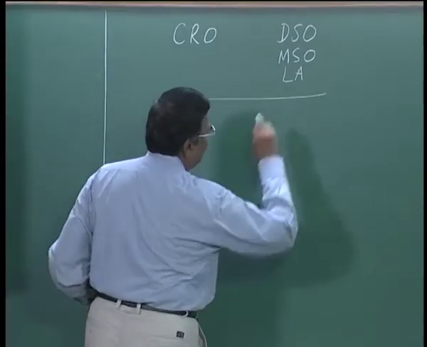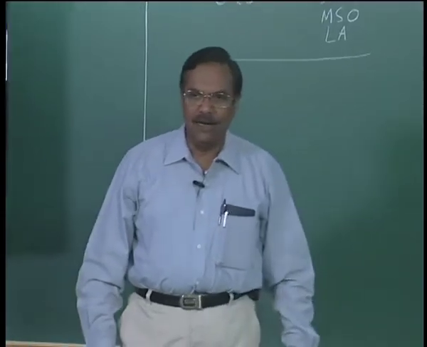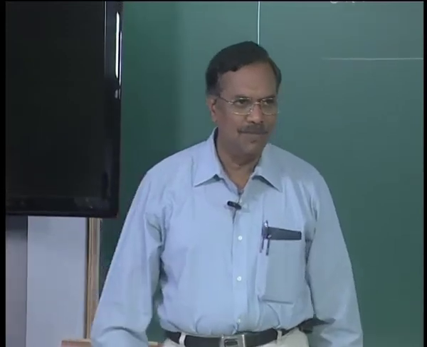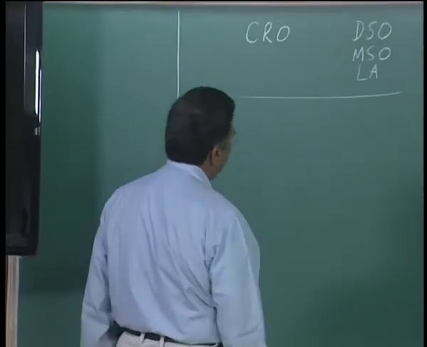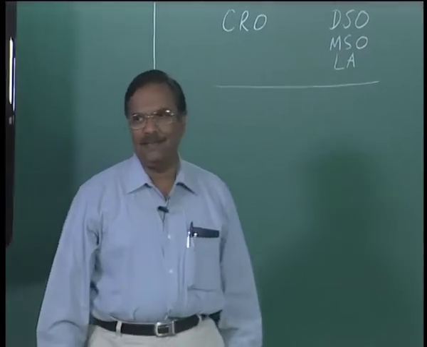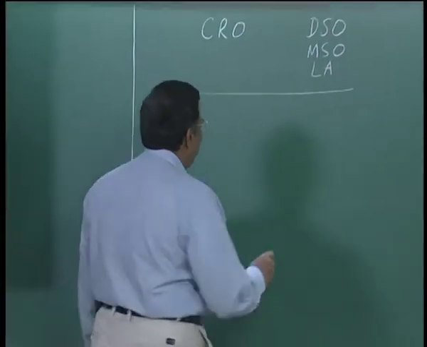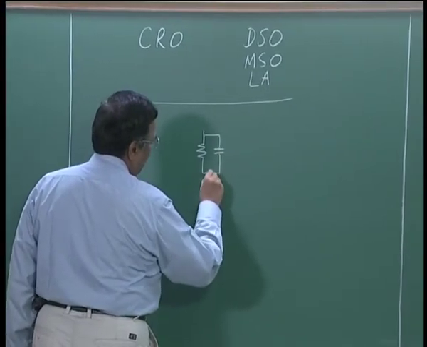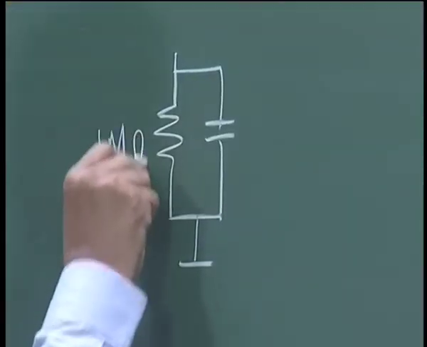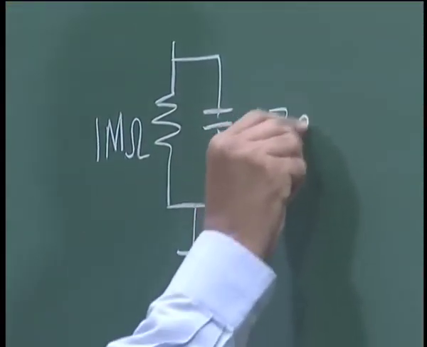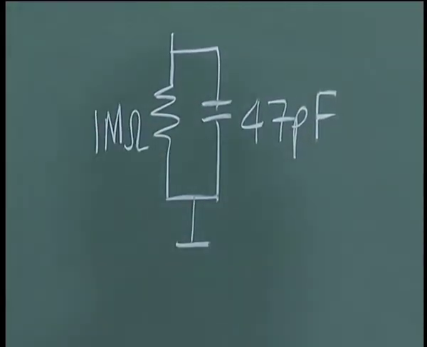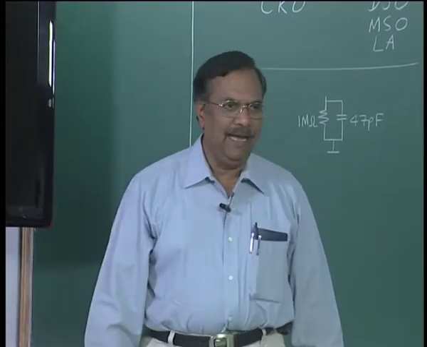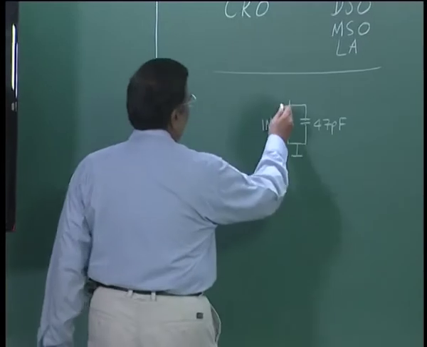In this we looked at the inputs. The inputs, especially the analog inputs, have been standardized for the oscilloscope. The input connector itself is what we call the bayonet connector or BNC. The input impedance is also kind of standardized. It is 1 mega ohm, approximately 47 picofarad. This can change depending upon the oscilloscope and things that you connect, right. And so that would be your Y1 or Y2 input,